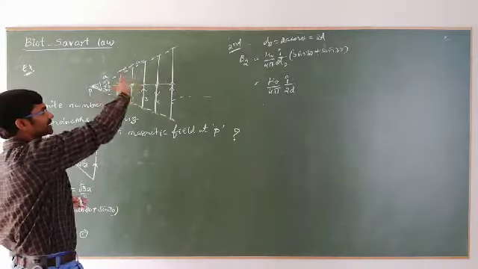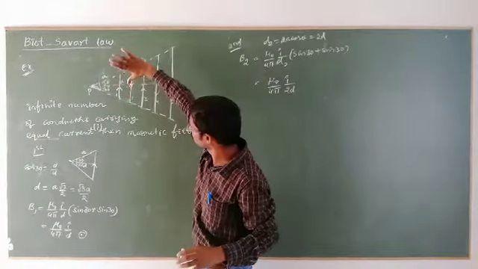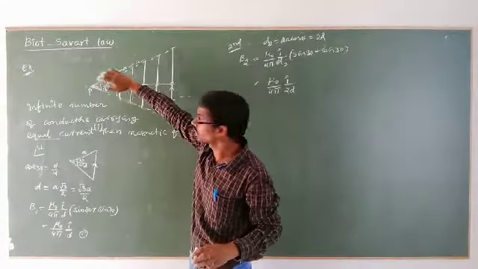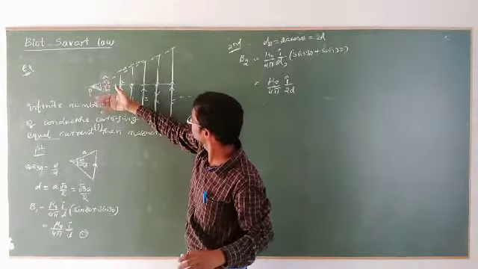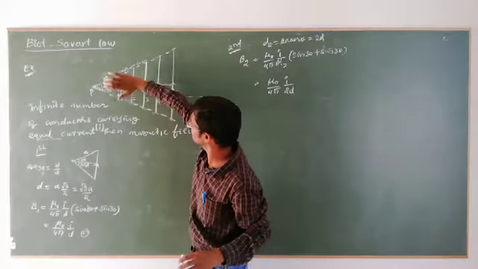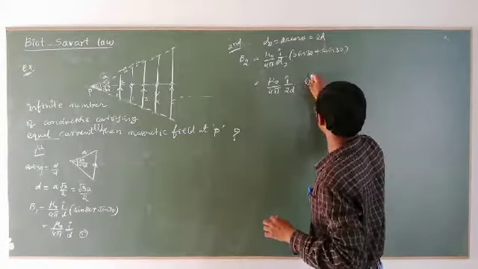Current direction is different. Look at this one. Direction is different, downward. At this point, what is the direction of fingers? Inward, into the plane. But here, due to this one, current in this direction, fingers outward. But due to this one, current in this direction, fingers direction inward. Then the direction of magnetic field is inward.